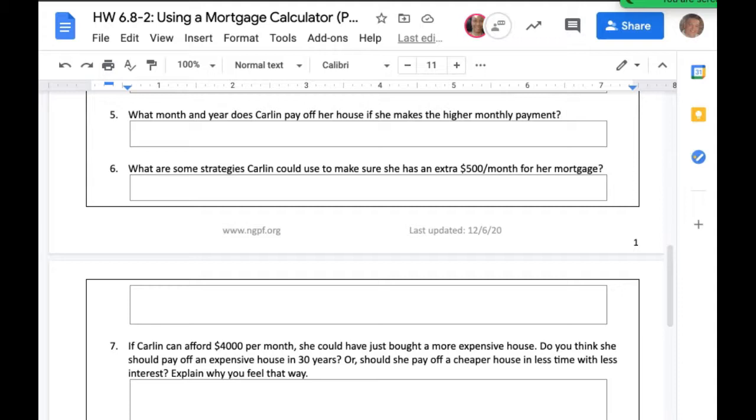All right. So what are some strategies for saving money? This is like a review. Finally, if you can afford an extra $500, why not just buy a house that's more expensive? So should she buy a more expensive house, or should she pay off the cheaper house in less time? Think about that. I just want to know your thoughts. She should go with the more expensive house if she can afford $4,000 monthly payments. Even though she can make a $4,000 monthly payment, she might want to stick to the $3,500 because,